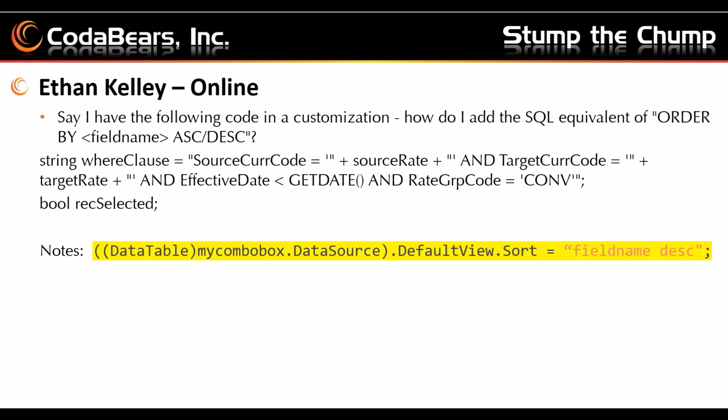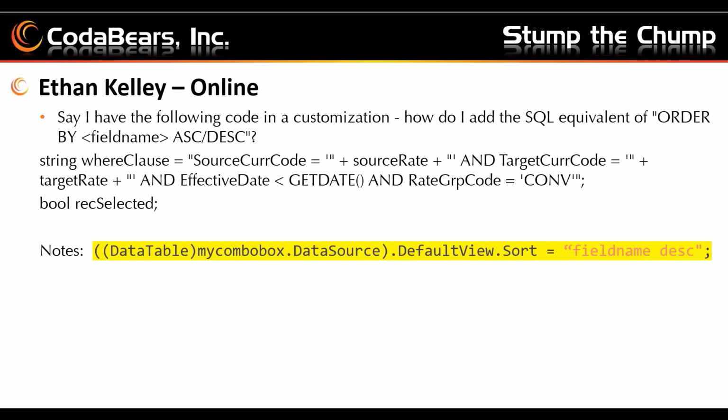So I'm accessing this through a data set search. I'm looking at the data sets using a list lookup. In this particular scenario, I'm looking at the currency exchange rate adapter. In my where clause, I can say where the effective date is less than get date, rate group code is conf. But I want to get the most recent one, so I want to be able to do an order by